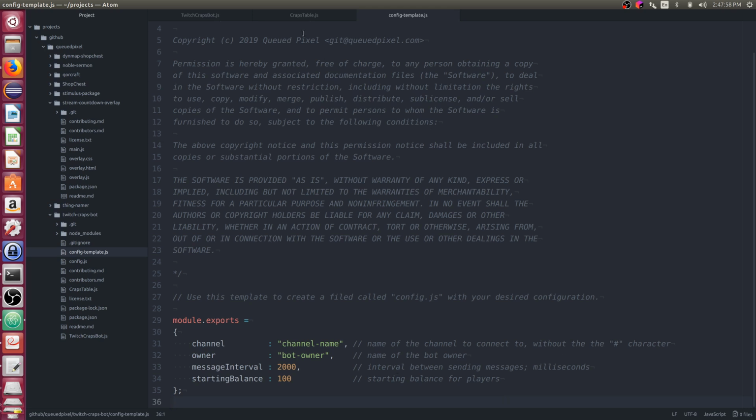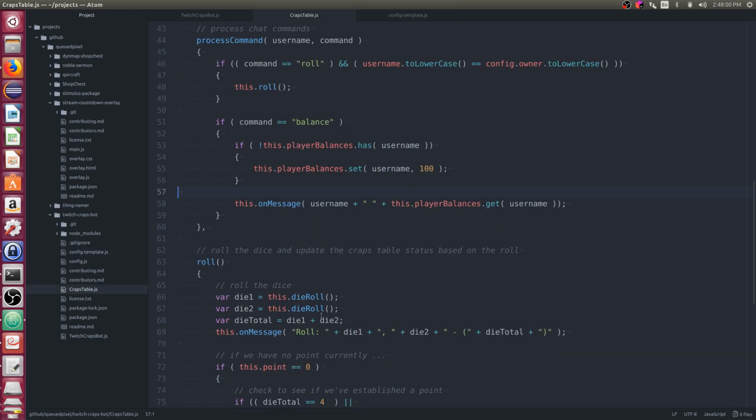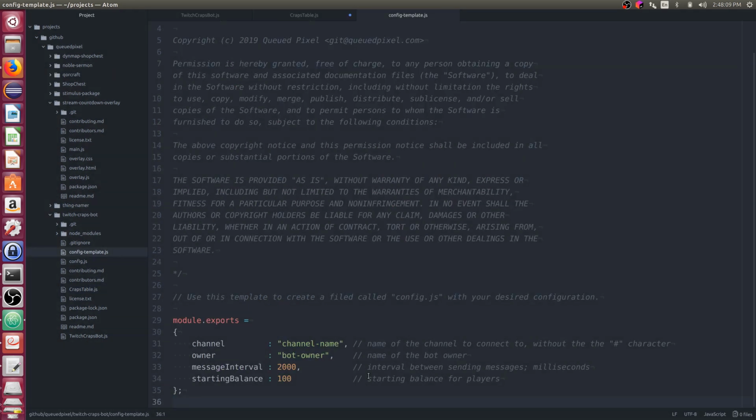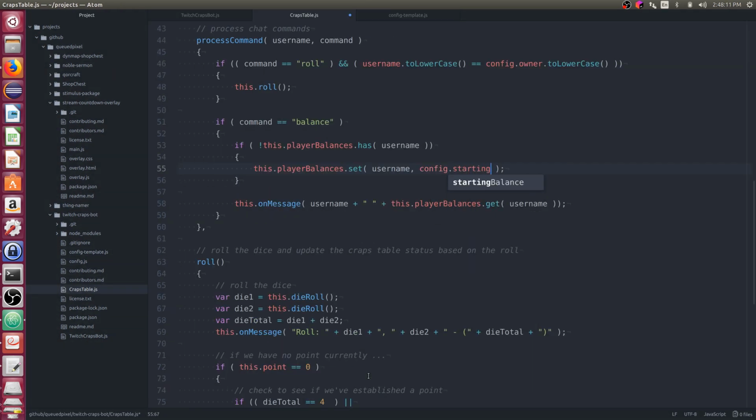Let's go back to the craps table. And say set instead of 100, we will do config dot, what did we call it? Starting balance. And we'll multiply it by 100.